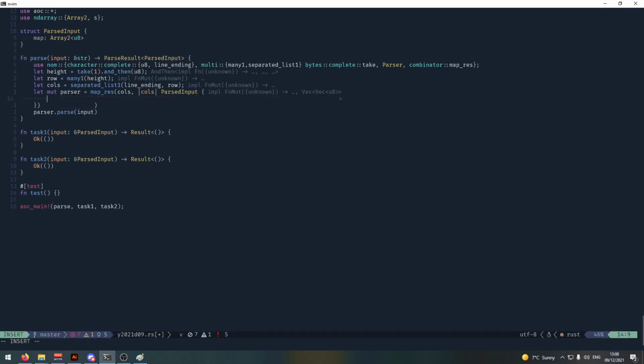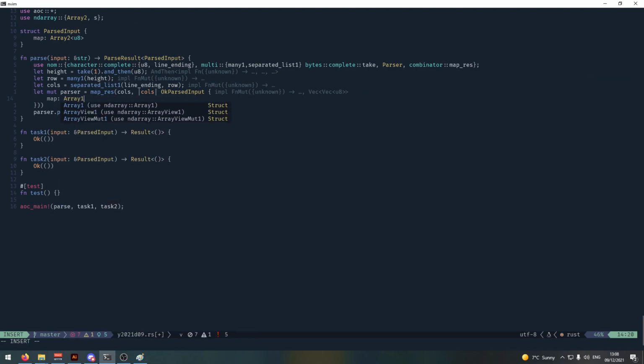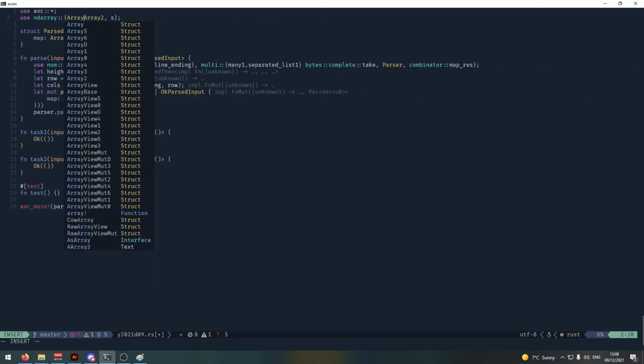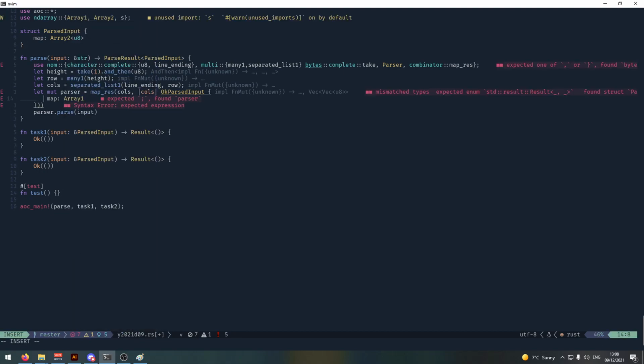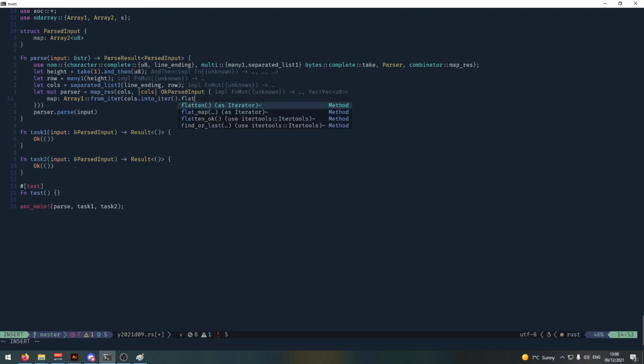Okay, and so now we need to fill in that. So we're going to say that this is okay, past result. And then for this, we need to do map is equal to array1. We need to bring array1 in as well, because array1 implements from iter. Cols dot into iter dot flatten dot into shape,